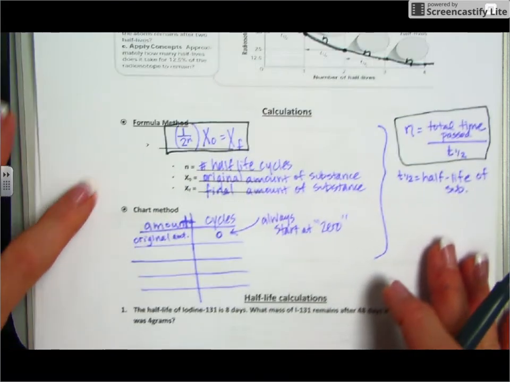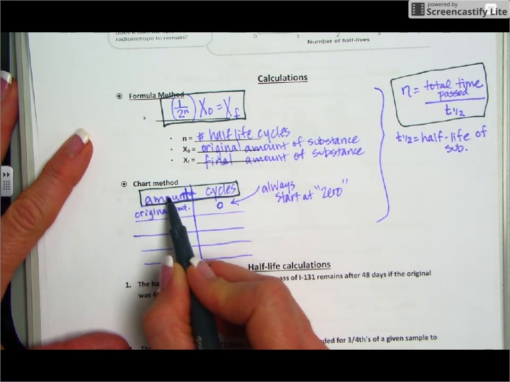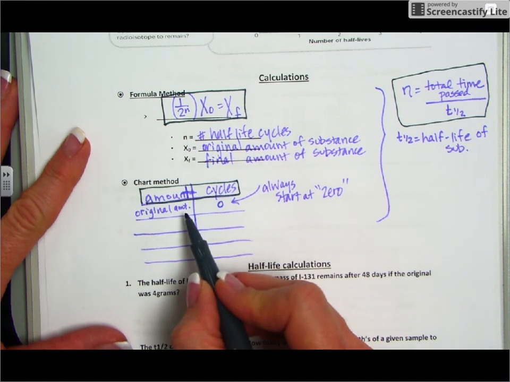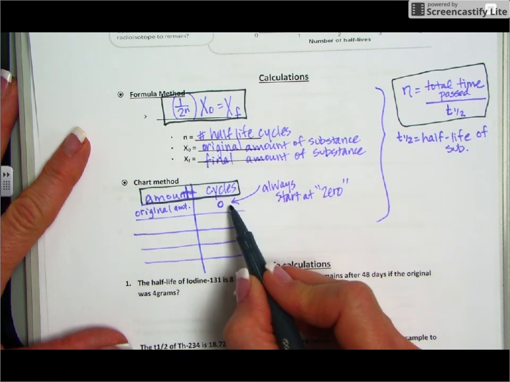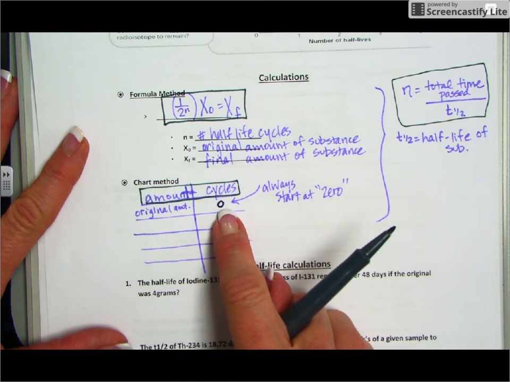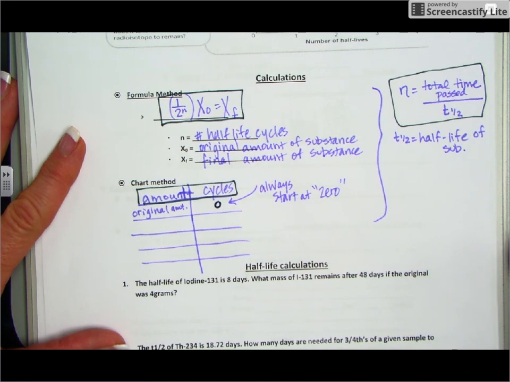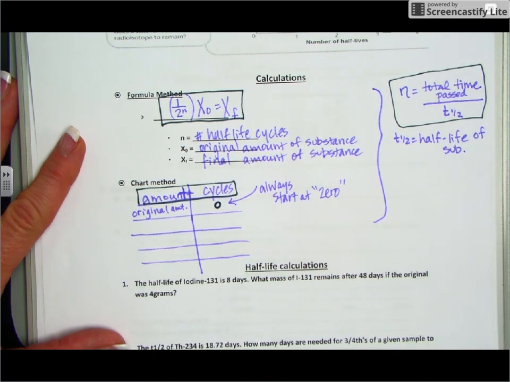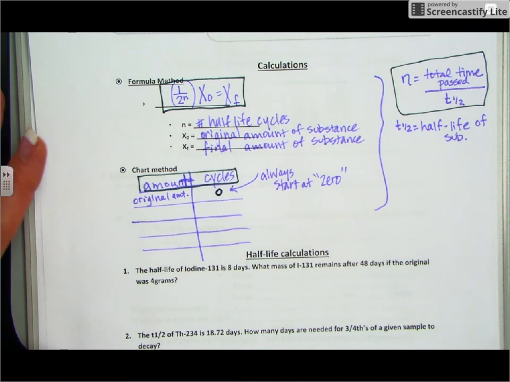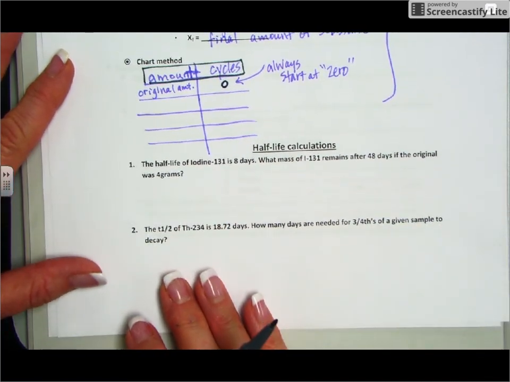Now, if you're going to use the chart method, the headings you're going to use are amount and cycles. And what you have to remember here is that for the cycles, you always start with 0 because this will be representing a time when no time has passed by, a time equal to 0. And then you would always match that up with your original amount that you started with. And then basically you just cut it in half until you get to the point that the problem's referring to. So let's take a look at the first example, and I'm going to do these using the formula